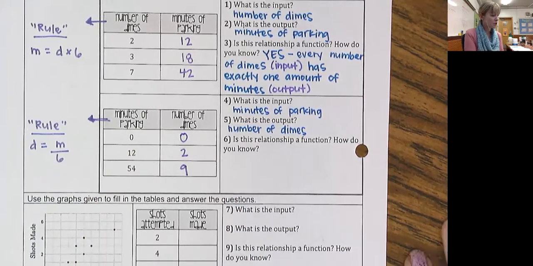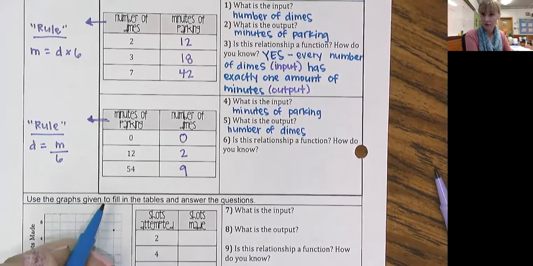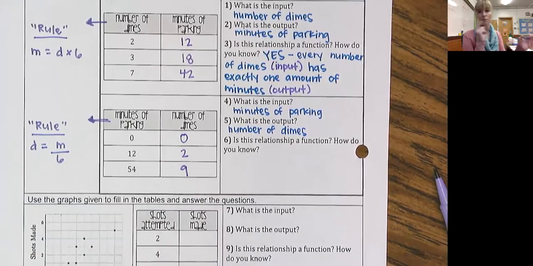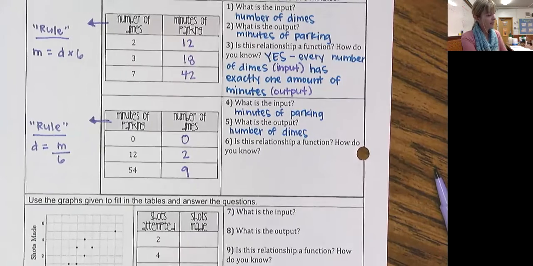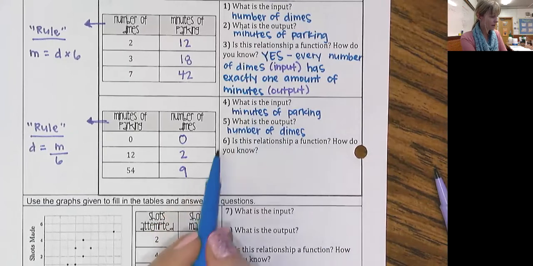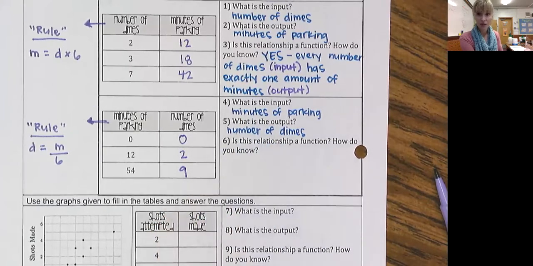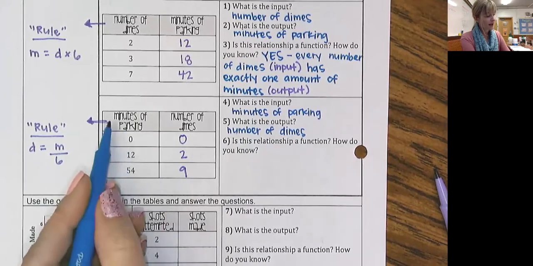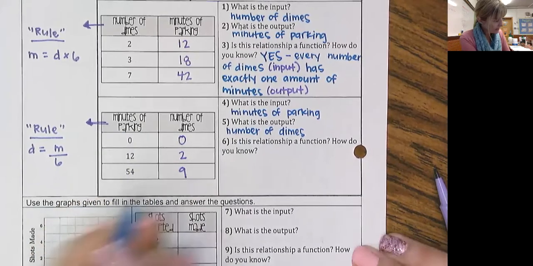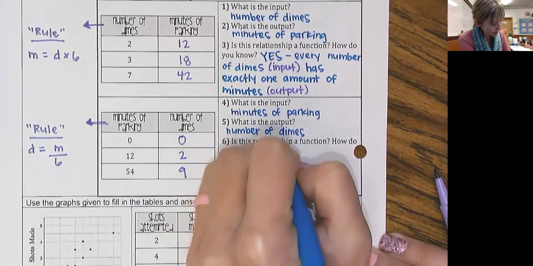Now, here's the question. Is this relationship still a function? So I'm going to tell you, sometimes when you swap around the input and the output, sometimes it still works, it fits the definition. Sometimes it doesn't. So let's see if this one did. If our input is now minutes of parking and our output is number of dimes, the question is still back to the definition. Does every input have exactly one output? And the answer is yes, because